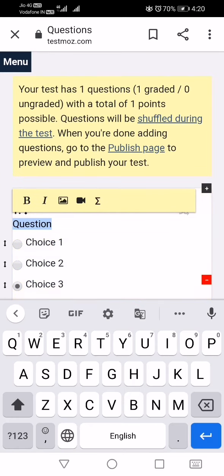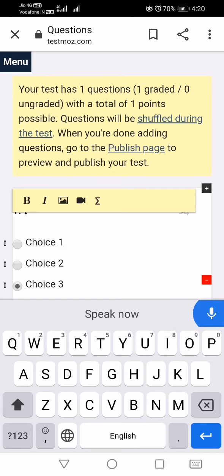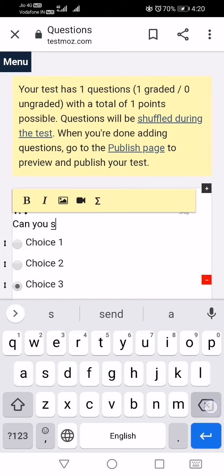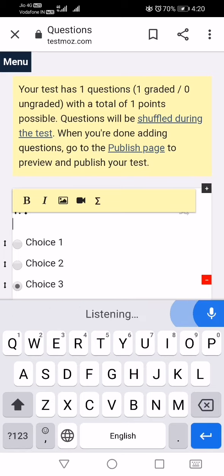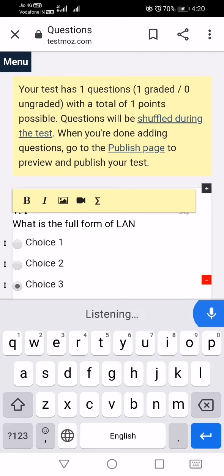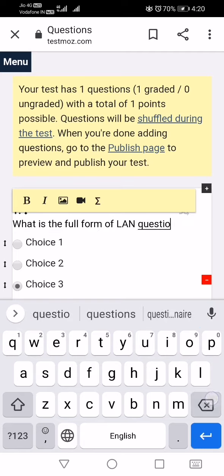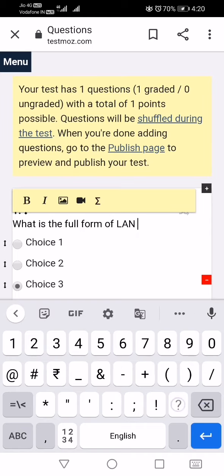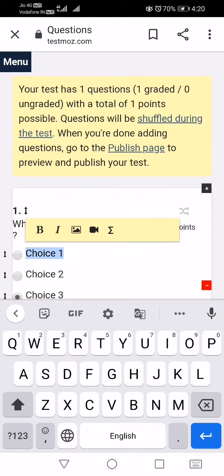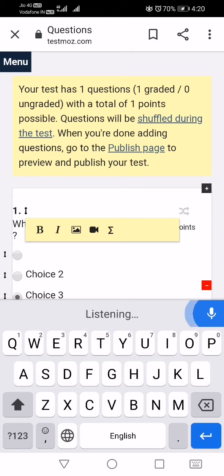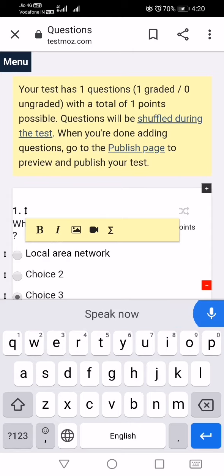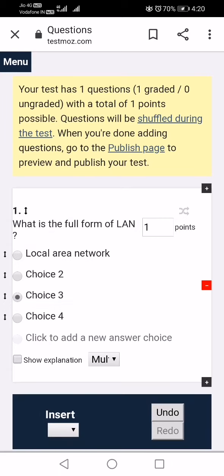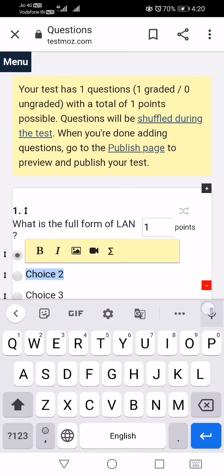Now the first question, write the question here. If you want, you can just type the question here. Now the question mark. Choice 1: I want my default answer to be choice 1, so I'm writing it here and just selecting it. Next is